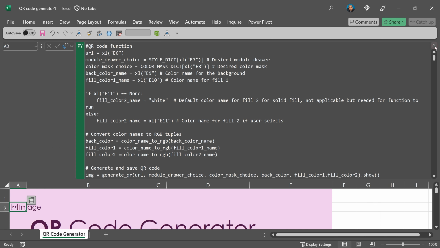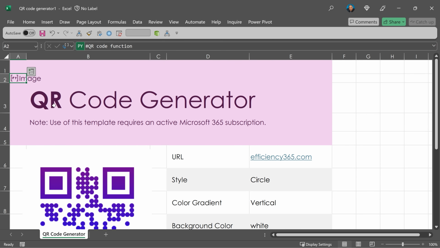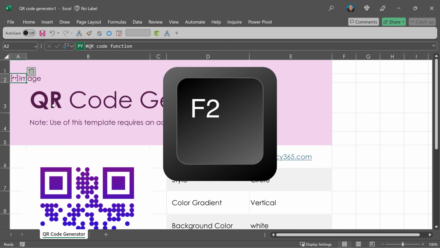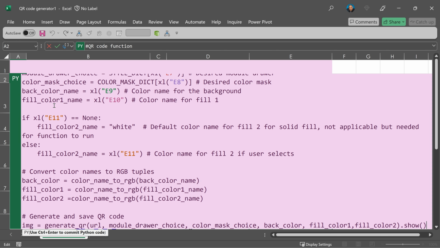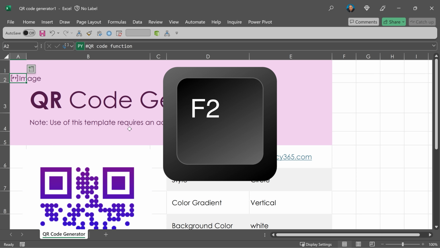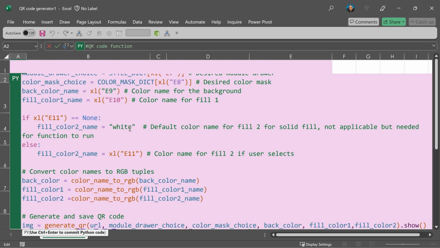If you open it, you can see the code, but this is black and white, no color coding. I don't want it this way. So just close it. In Excel, edit means F2. So let's try F2 here. Nice. Now I am able to see the code. I'm just going to press F2 again, then the color coding comes properly.